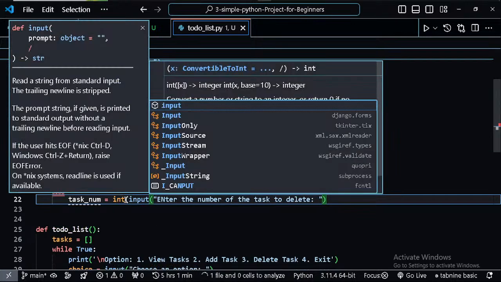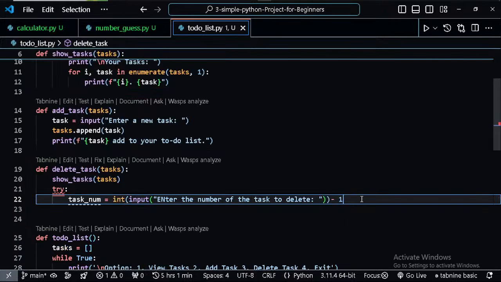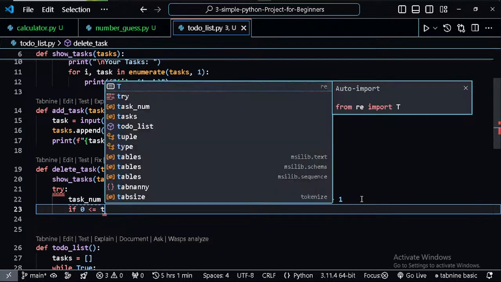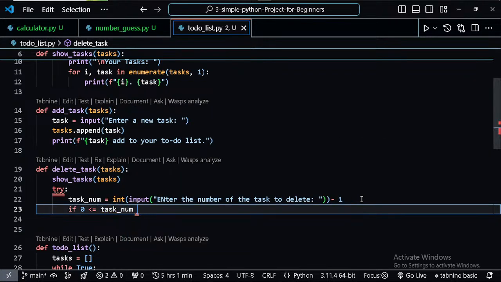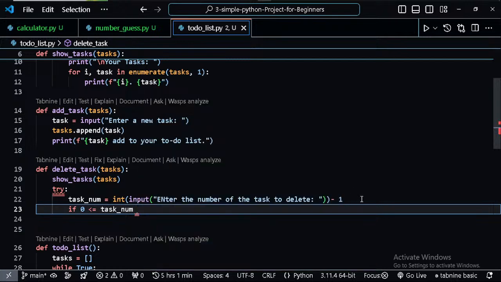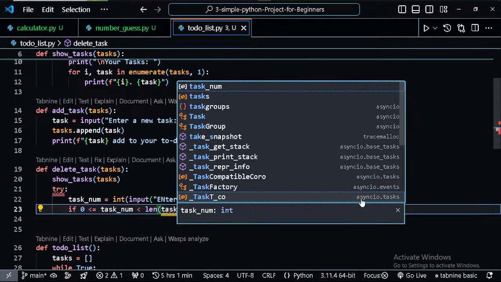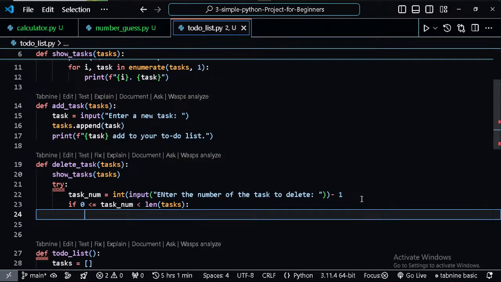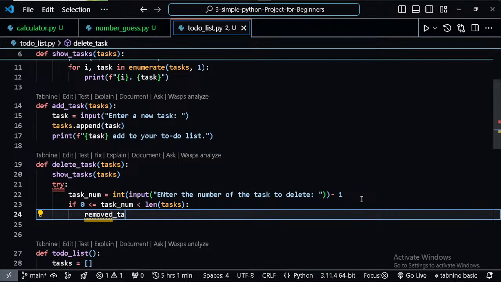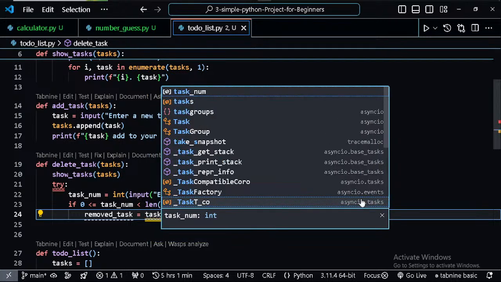So this is an input right here, and we are subtracting 1 from it because we want to use it as an index. We are using the index, and index only starts from 0. So we want to make sure that this tag num is between 0 and the length of tags. So if it is between 0 and the length of tags, we just want to have another variable called remove tag. I want to have it as tags.pop